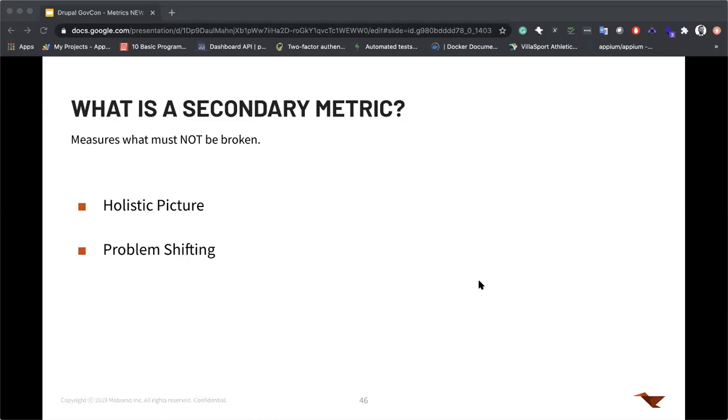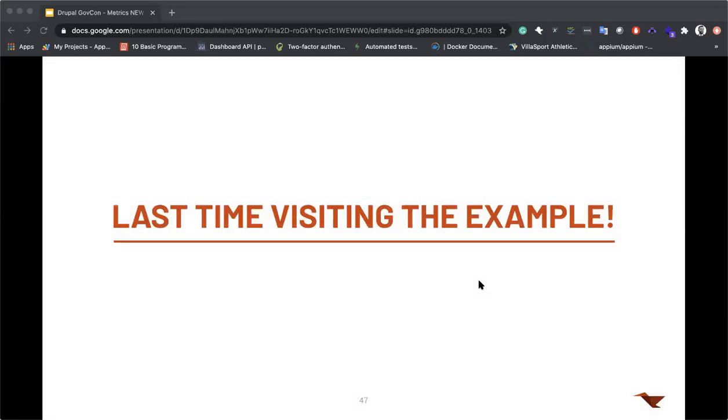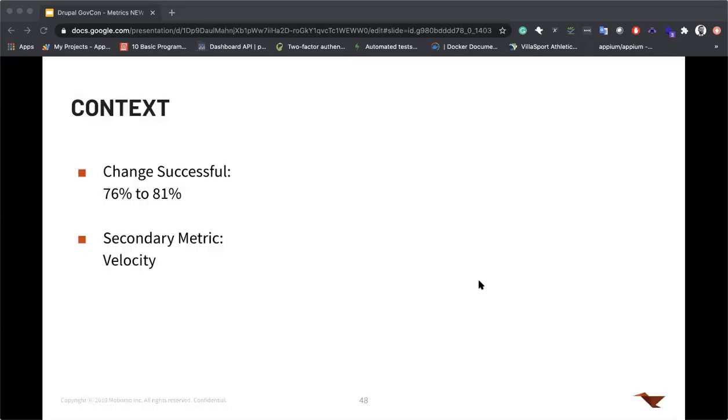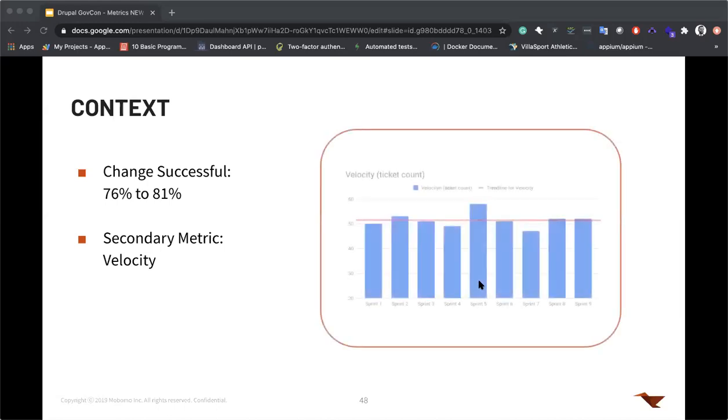Let's go back to the example one last time so that we can make this point clear. Again, a bit more context. Let's say we actually introduced the grooming sessions, and it had a successful impact on the process. So the efficiency bumped up from 76 to 81%. So instead of 1 out of 4 tickets getting reopened, now it's 1 out of 5. And the secondary metric we were already tracking was velocity, which is basically the amount of tickets that get closed each sprint. So we're doing a ticket count, and that value was around 50 for the first 9 sprints